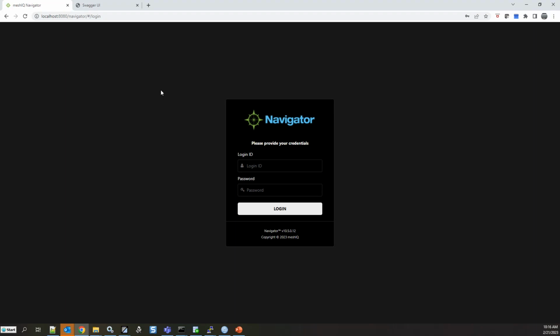There is a much larger set of capabilities in meshIQ. And in fact, this is not a demo. It is, but it is a demo highlighting what I think are some of the key features of meshIQ.